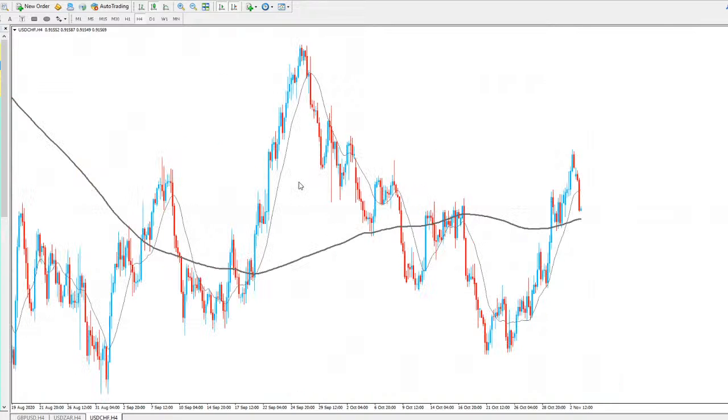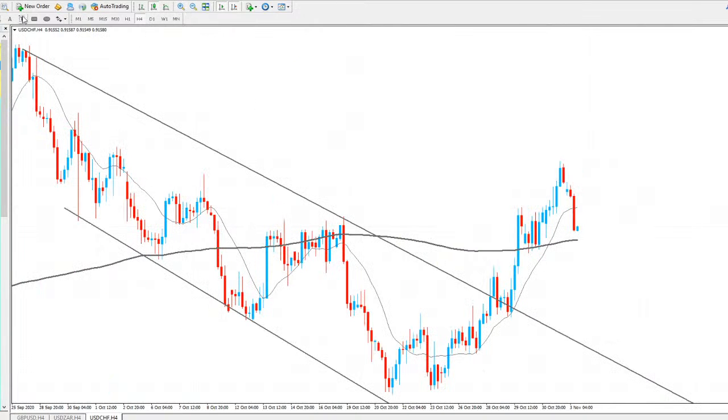USDCHF, this one we had a big push to the downside. As you can see, a big bearish candle there coming into the market. We did have a little bit of a channel going on, but then price broke out of that area. This is the channel going through the market: push to the downside, push back up again, push back to the downside, push back up again. Then we found some support here in the market, a little bit of a double bottom going on.